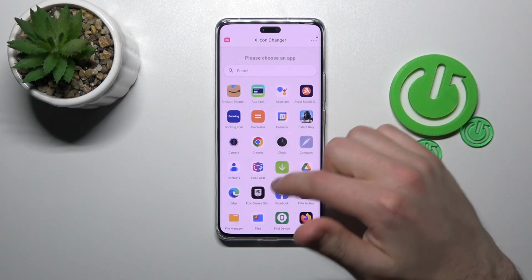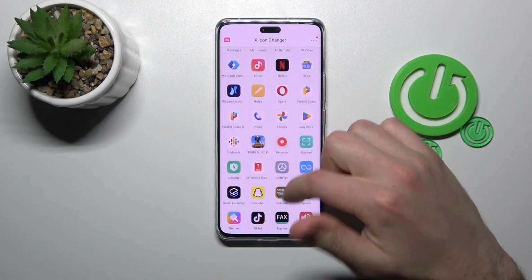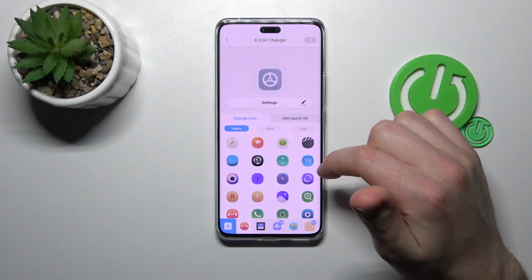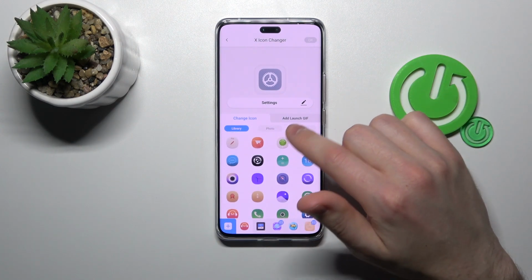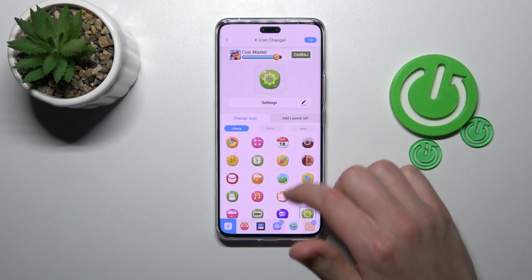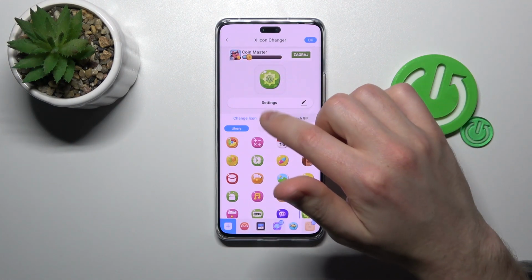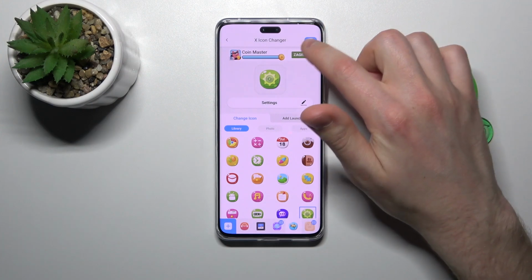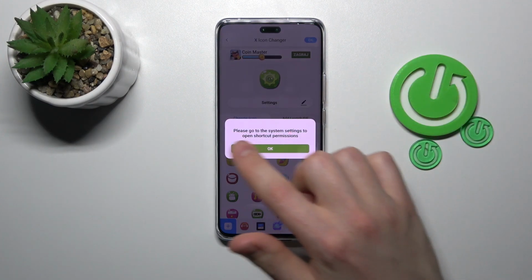Now from the list of our applications choose something you want to change, maybe settings for example. Next up, from the free icon library choose something new for your settings, maybe like this. And now for saving this icon you tap the OK button in the top right corner, and here we got a message